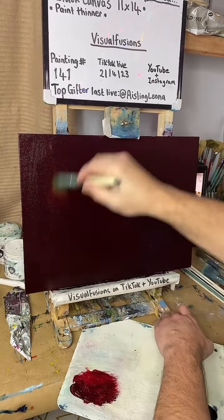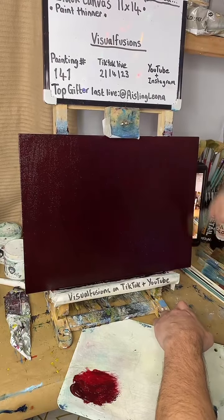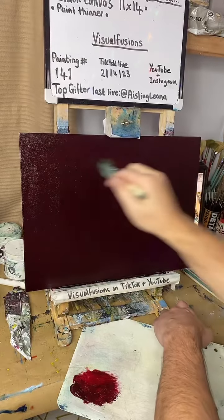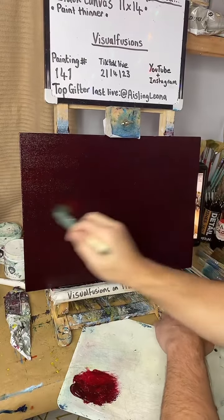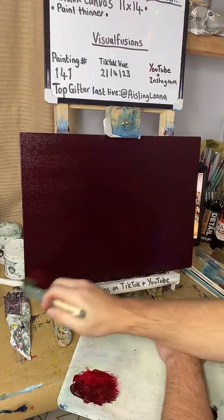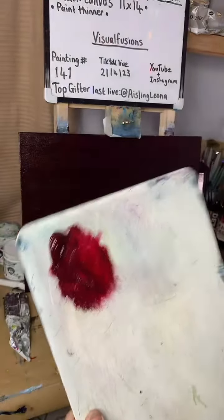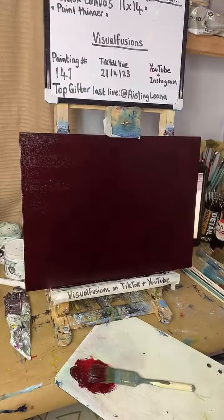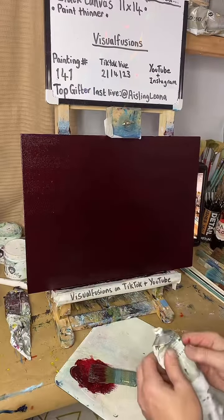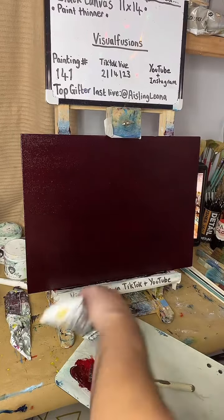Okay, so I'm going to go this way as well, making sure I get this all into the camera. Nice even coat, give it a little tickle under there, because my easel loves it. Okay, there. A nice even coat of crimson. And I didn't even need all that much paint, so that'll be used somewhere else, I guess. Okay, now we're going to get some white out. These are basically the main two colours on here tonight. So I'm just going to put that